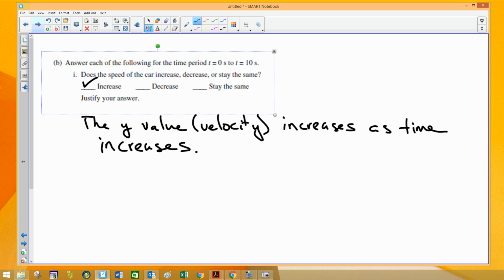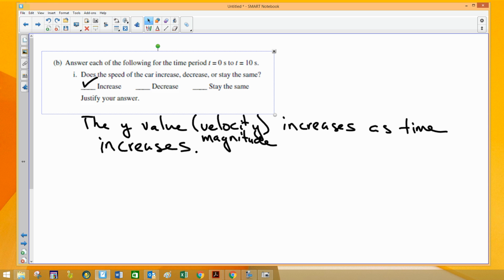The correct choice is increase. That's not what you got the 1 point for, but for a correct justification. They included the word magnitude of velocity here because magnitude of velocity is speed. So there's that. Okay. So now B II